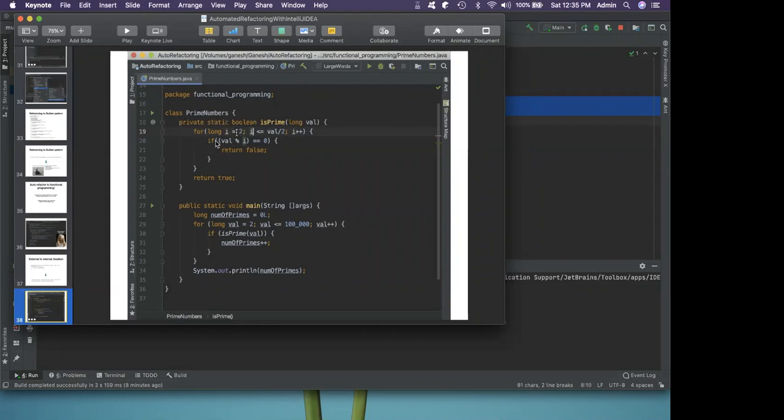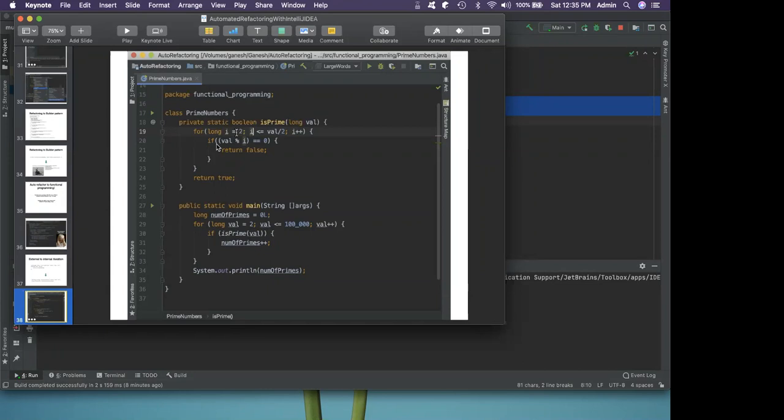Yeah, that's partially correct. You start with val, right? You do val.filter, and then you pass the inner if condition. Instead of the if condition, you pass the code alone. If val not so i is, then it filters.